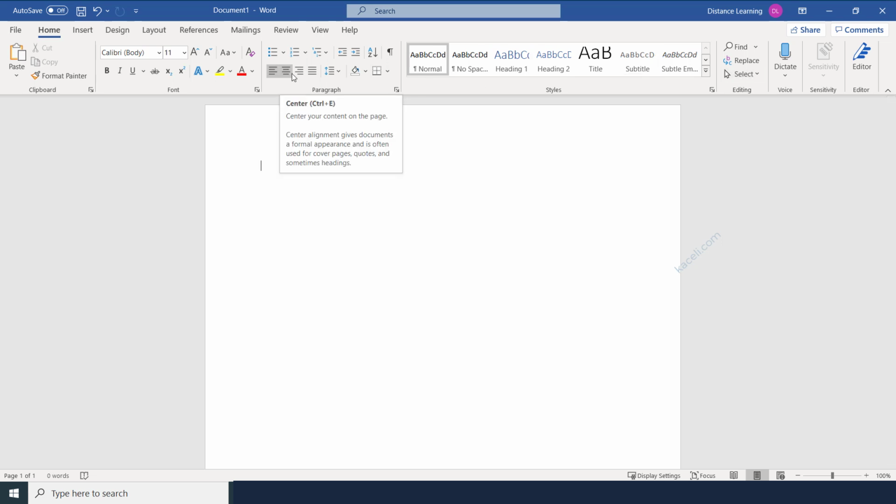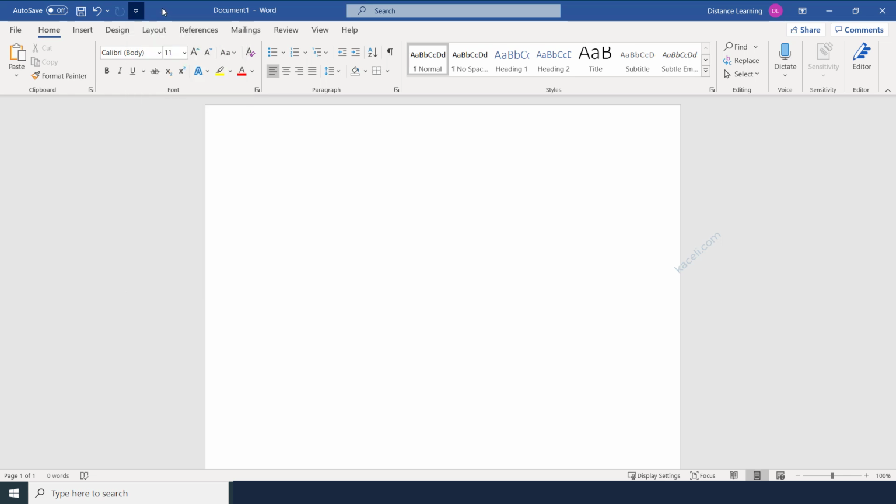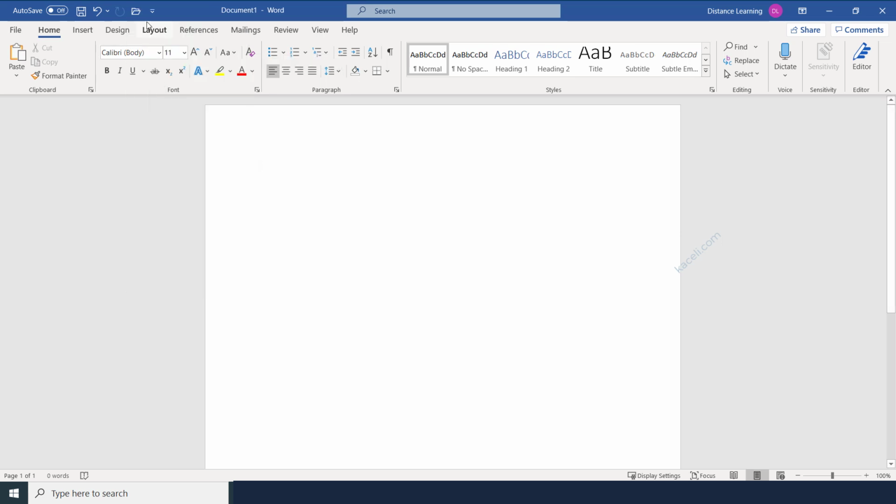Now, a couple other interface components here. On the very top left, you'll see this Quick Access toolbar. This is basically an area for you to place commonly used commands in Microsoft Word. So you can click on the drop down, and let's say you're emailing a document or you're opening documents all the time. You can enable those buttons by just simply clicking one of those, and it will add the Open button here. Another way to add those buttons is that if you are in a specific tab, and I'll go over the tabs in a moment,